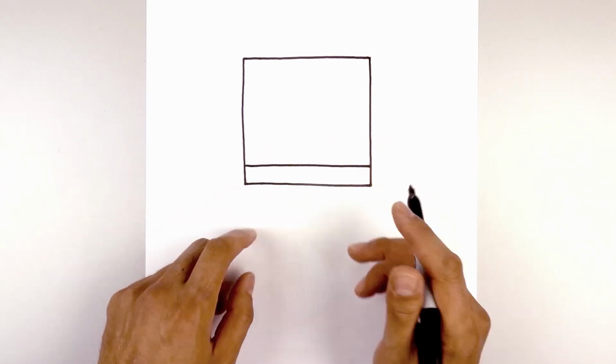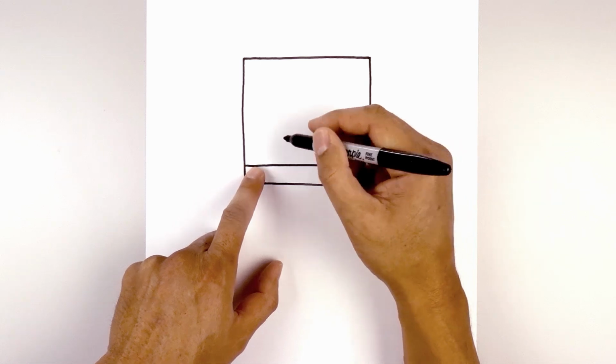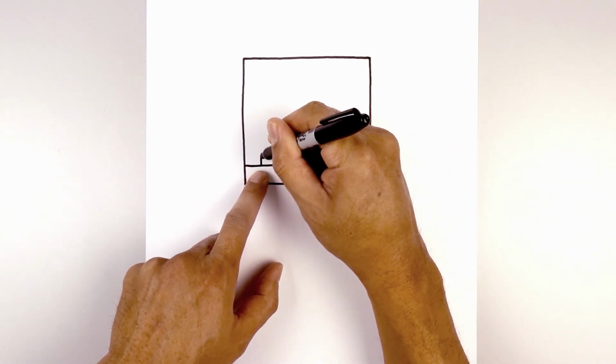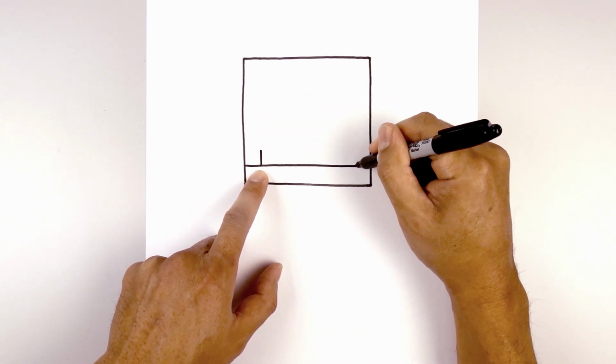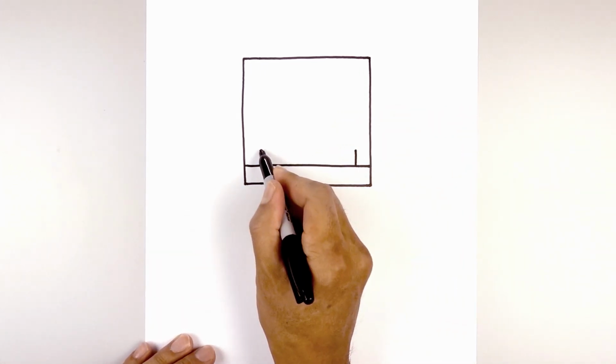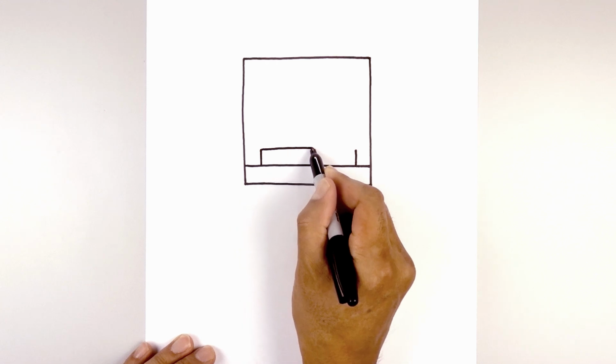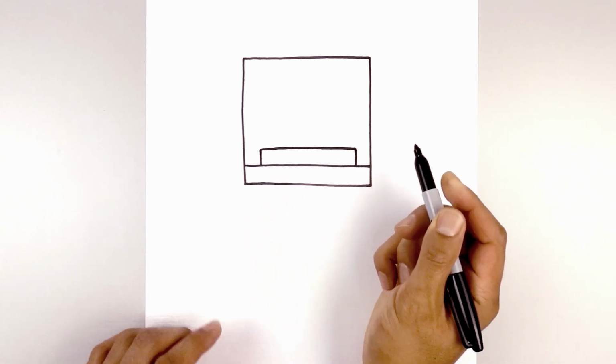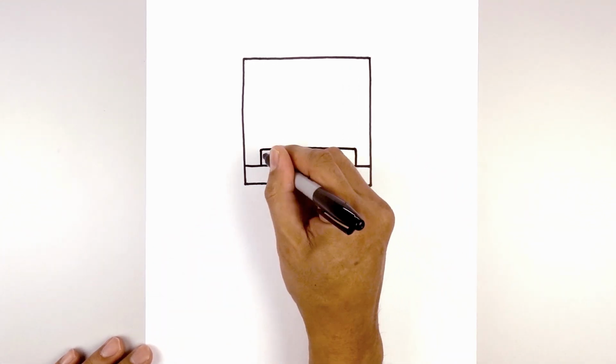Now we're going to draw the inside edge of the mouth. Leaving a gap on the left, we're going to step in, draw a straight line going up to the top of the mouth, and we'll do the same thing on the right. Now let's close off the top with a straight line. And we're going to go in and fill the mouth in black.